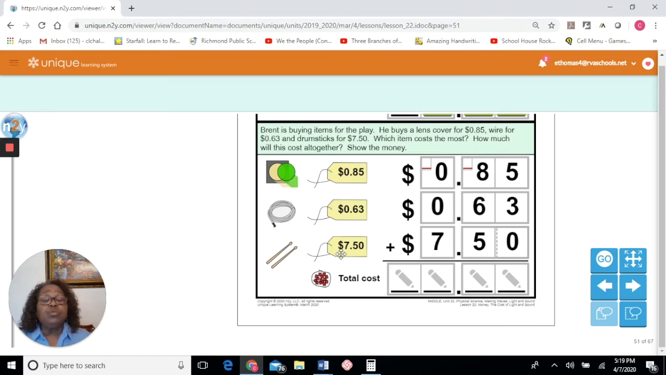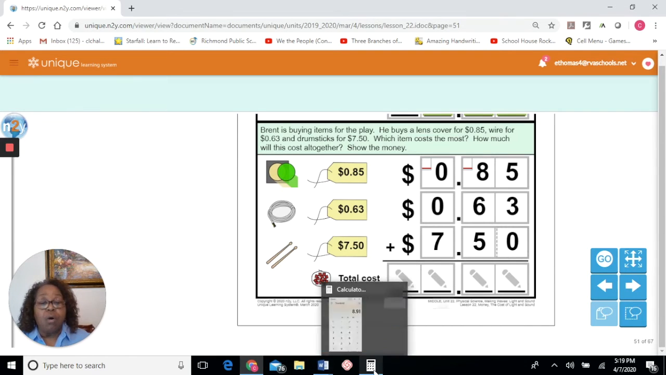Excellent. So how much will this purchase cost altogether? And when we're using the word altogether, does anybody know what operation we are using? What operation? Right here. Addition is the operation that we're using. Excellent. So our numbers are